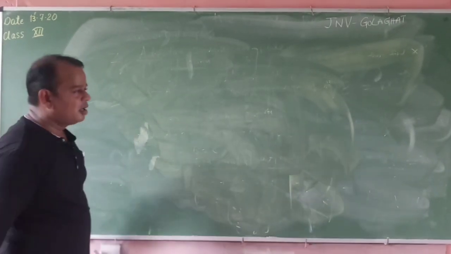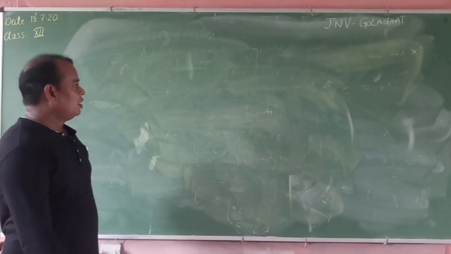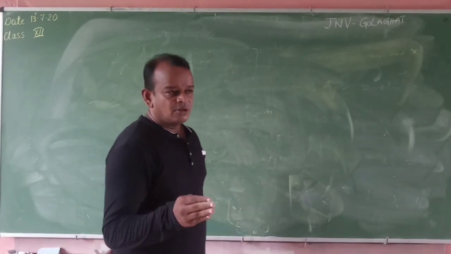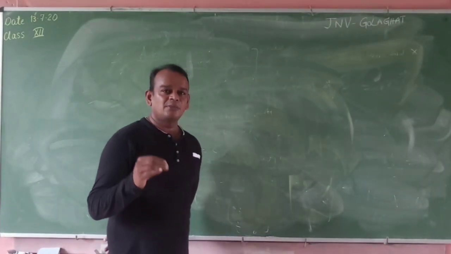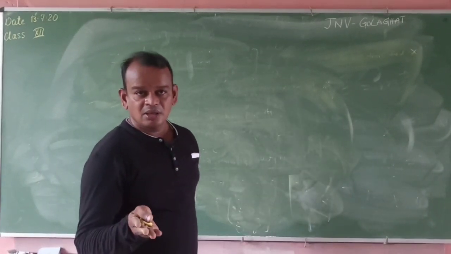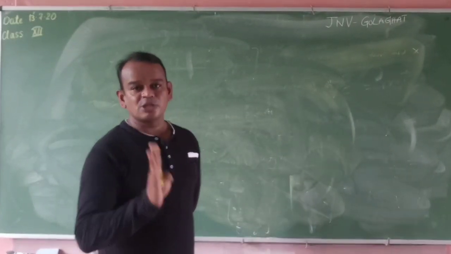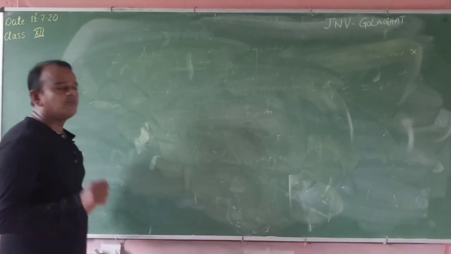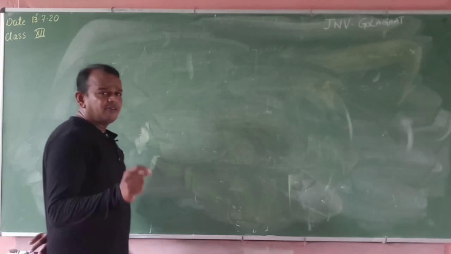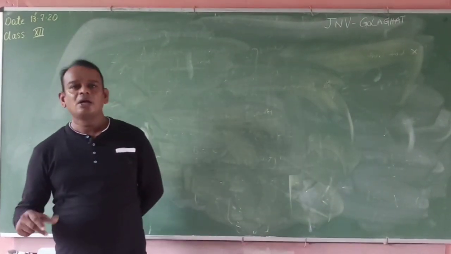Okay, listen carefully. How to do the multiplication of the matrices? First of all, what are you thinking? Whenever multiplication is possible, do those matrices have the same order? Not necessarily the same order; the multiplication is possible in some cases. Okay, when the multiplication is possible, listen carefully. The multiplication of matrices is defined by a simple example, the multiplication of row by column.